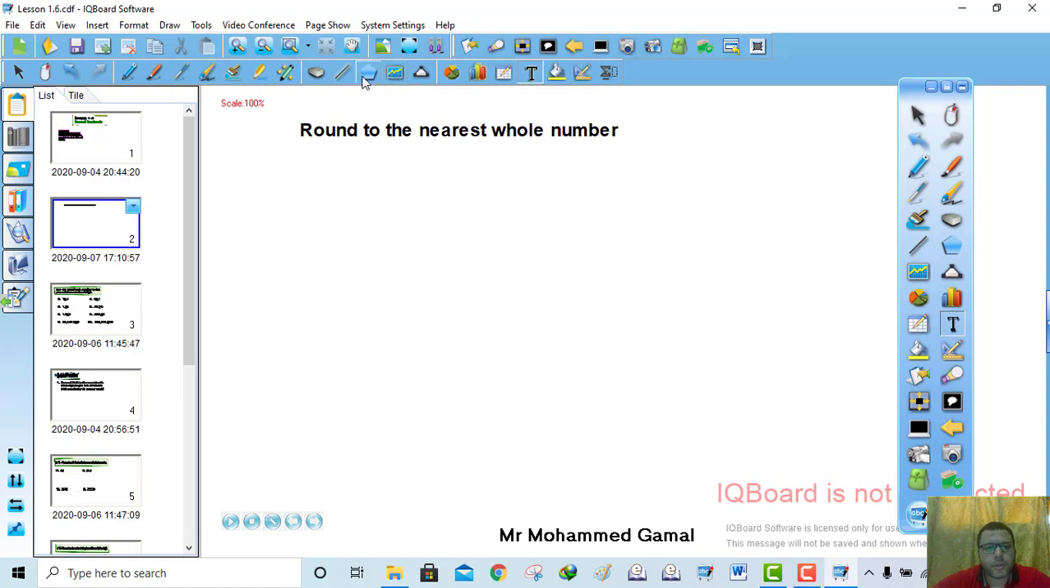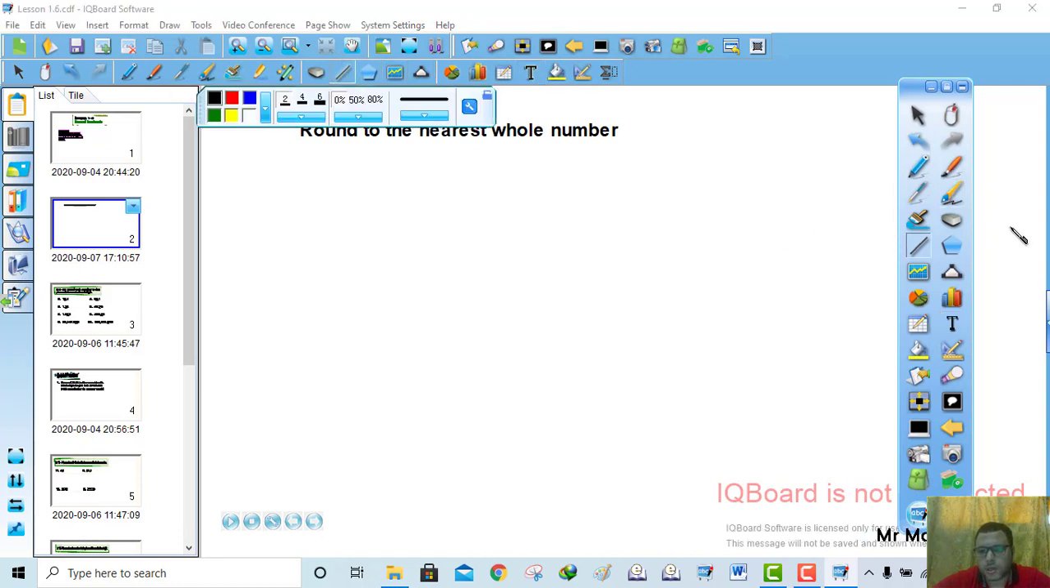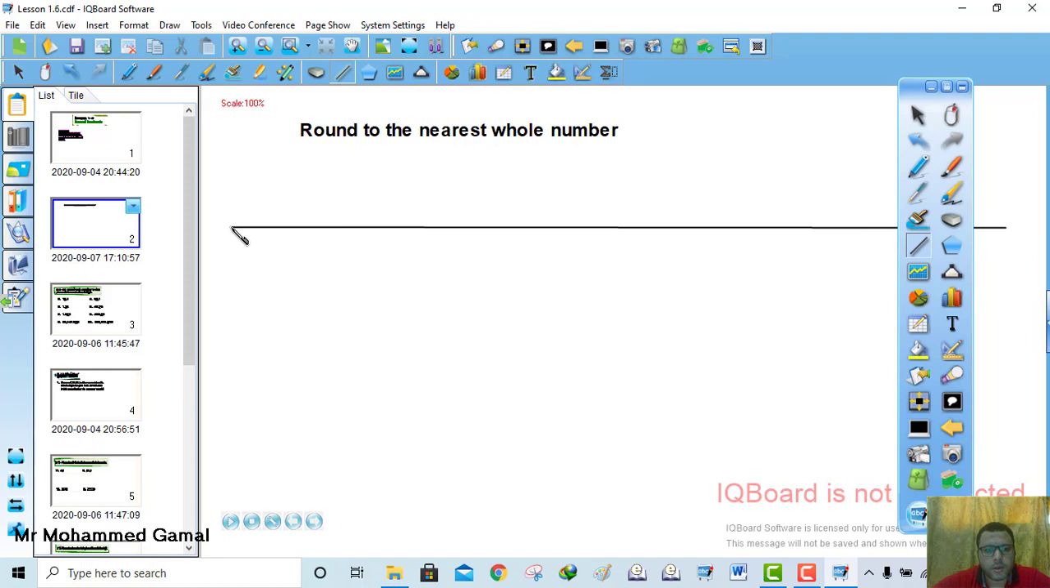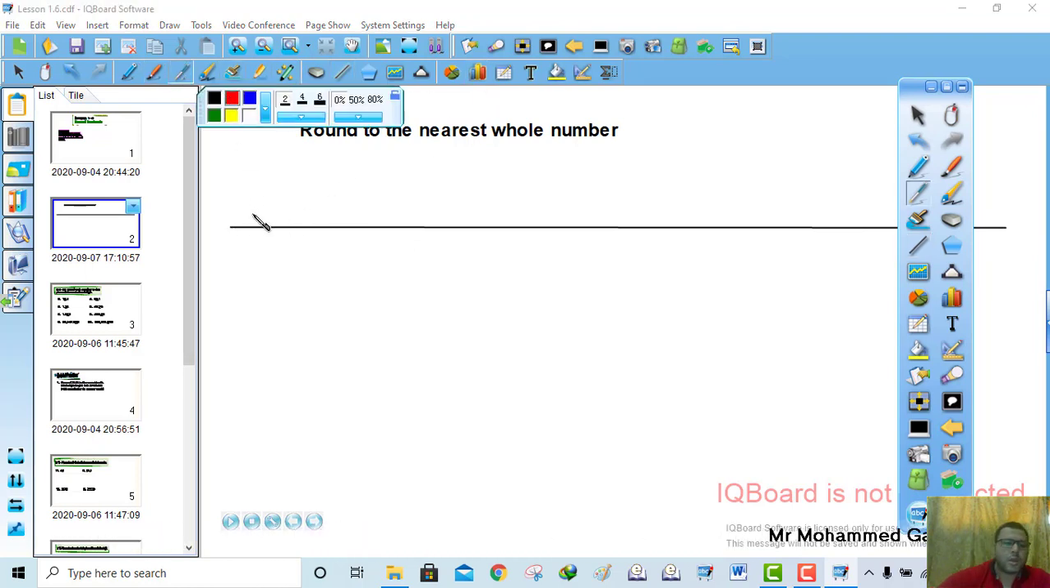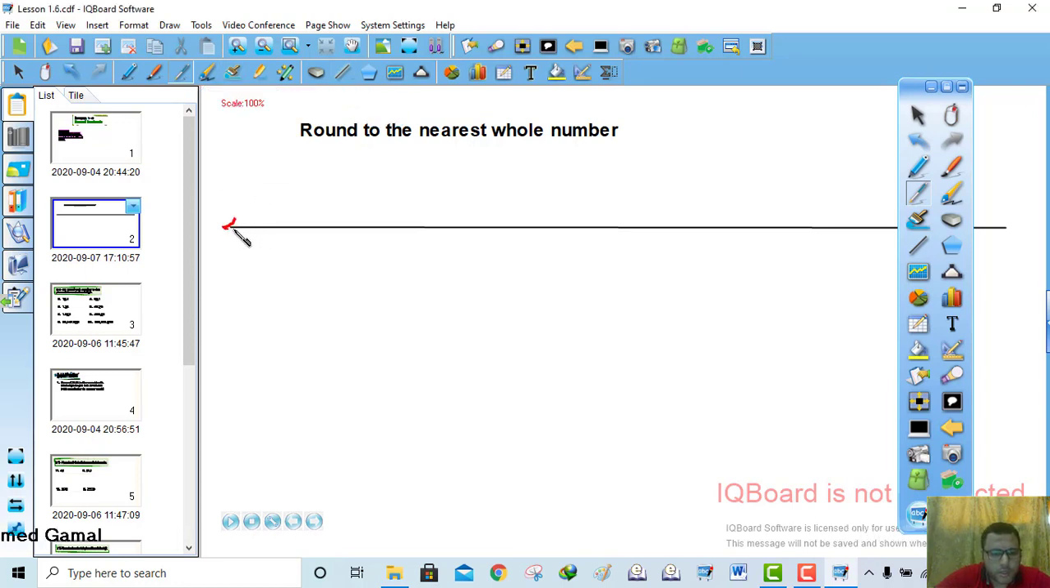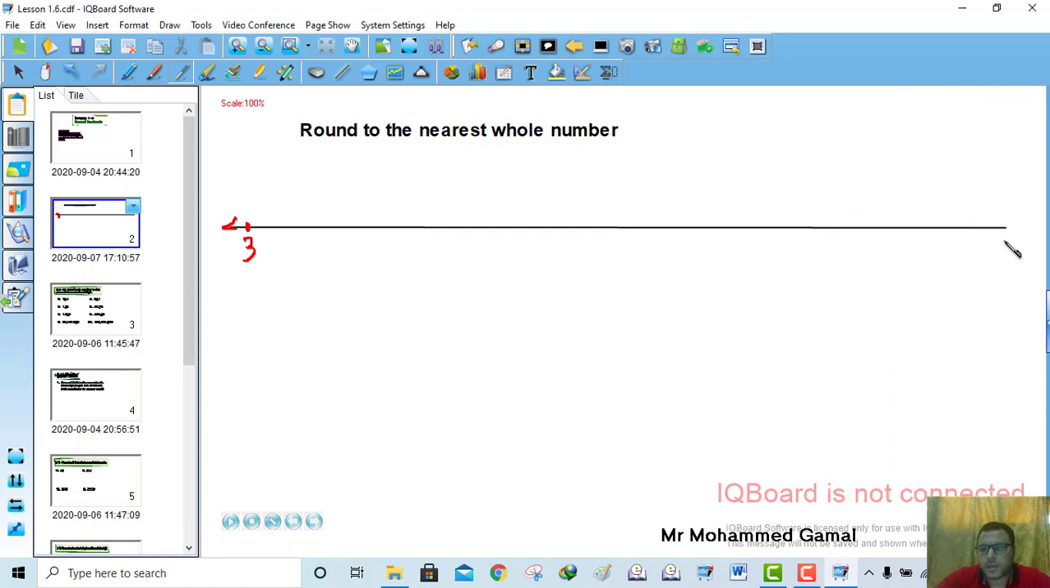Let's draw here a number line. Yes, this is here a number line, and we are going to number it here. Let's make here, for example, 3, and here let's make 4. Okay, so it's supposed to be cut into 10 equal parts. So let's say that here is 3.1, then 3.2,